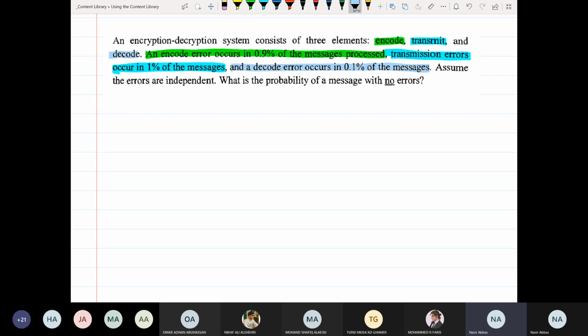So when you send any message, there is a chance of having an error. Any of these three errors. You can have an encode error in the message, you can have a transmit error in the message, you can have a decode error in the message. The corresponding probabilities of these errors are given. So the probability of having an encode error